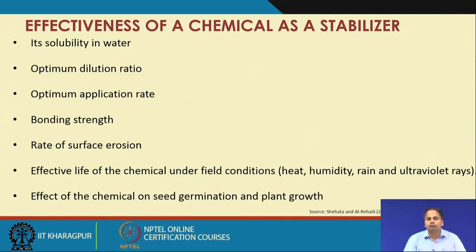Then the effective life of the chemical applied over the field, so that it can sustain natural field conditions, the heat, humidity, rainfall and ultraviolet rays. Then the effect of the chemical on seed germination,